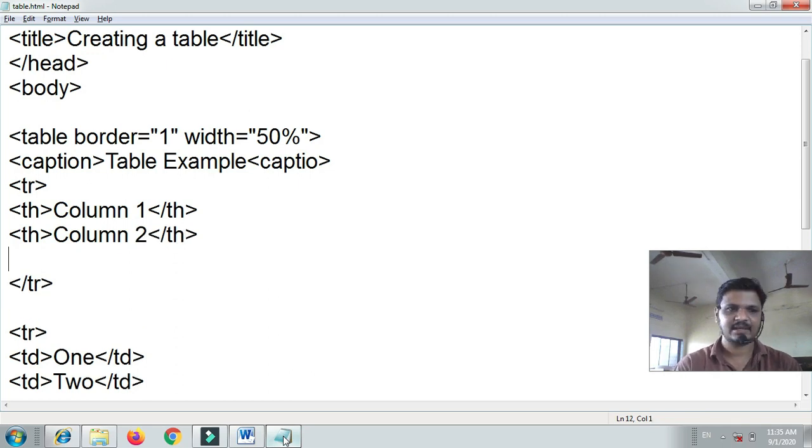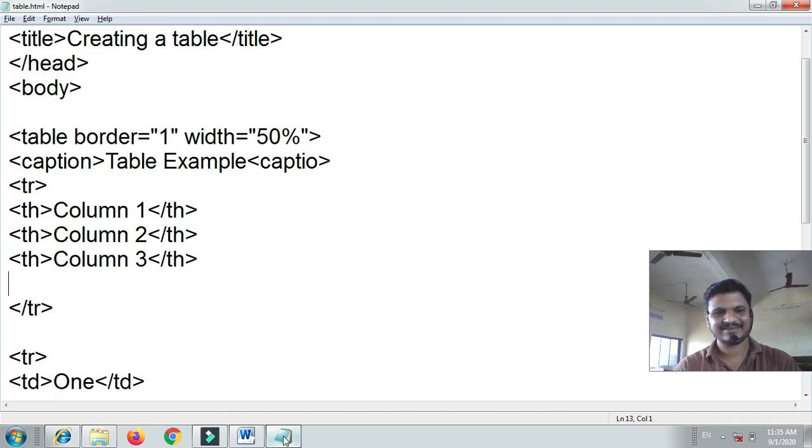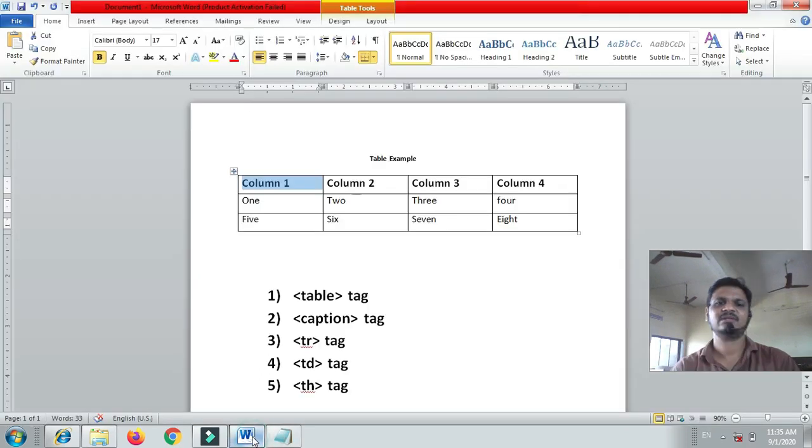Then th open, column 3, th close. It is as simple as that, no difficult part. How many times do we repeat th? 4 times, because the first row has 4 cells, 1 2 3 and 4.